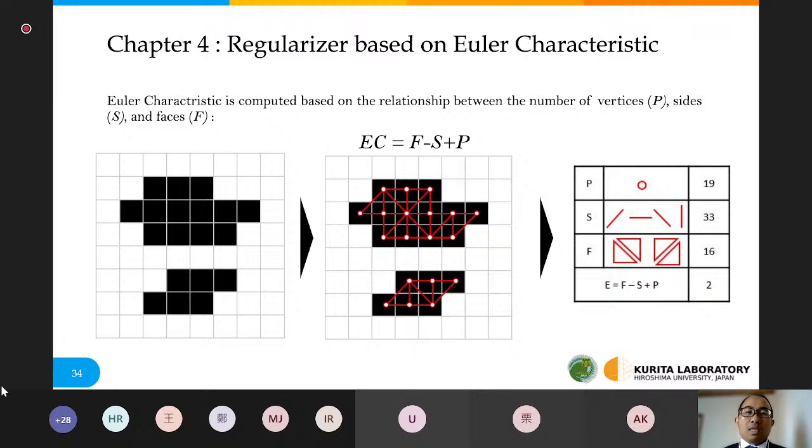In this example, we get 19 vertices, 33 sides, and 16 faces. And finally, we find that the Euler characteristic of this image is 2. This is related to the number of connected components of this image.